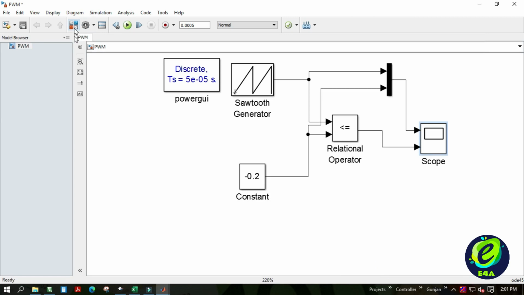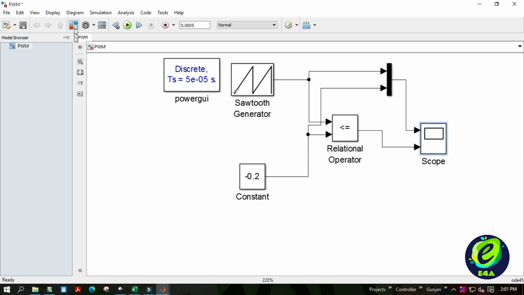In today's video, we will observe the voltage and current waveforms when a resistive load is energized by a DC voltage source using a MOSFET, which will be fired by these PWM pulses. So let us start. Now before moving into the video, let us observe the waveforms obtained by a block named